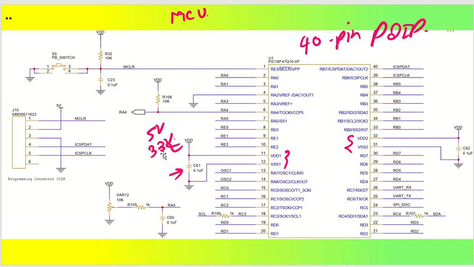Okay. So this is our main first one. Next one is we had to connect the reset circuit. So this is the reset switch connected to my MCLR pin. Okay, so on the MCLR pin, you can see there is a reset button, and it is always useful to connect it to pull up. So this is pulled up with a 10 kilo ohm resistor,